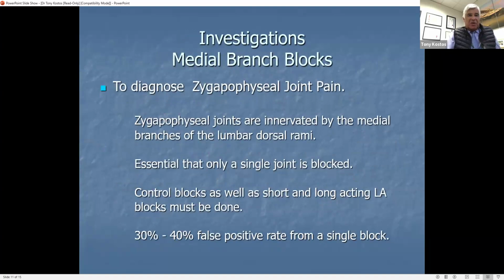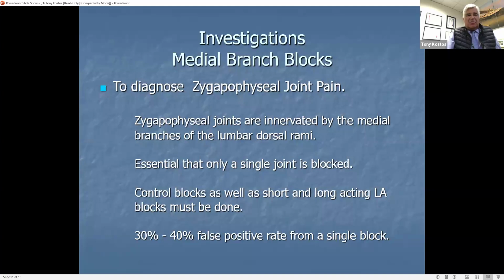Now, medial branch blocks. This has become a huge industry in the pain clinics. No doubt you've had lots of requests for medial branch blocks, and they're usually from pain physicians. Now, you have to understand that pain physicians don't treat patients. Pain physicians have made pain the problem, and they're not interested in patients with pain. So they don't really have any feel for musculoskeletal medicine. They're just strictly proceduralists, and they will attempt to treat any abnormality.